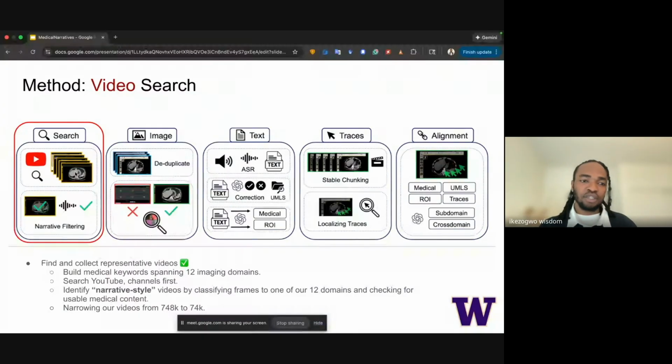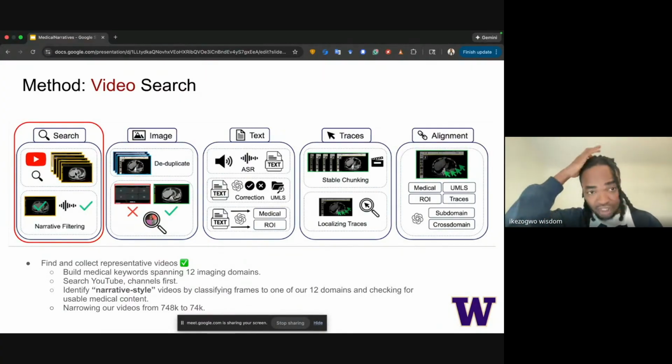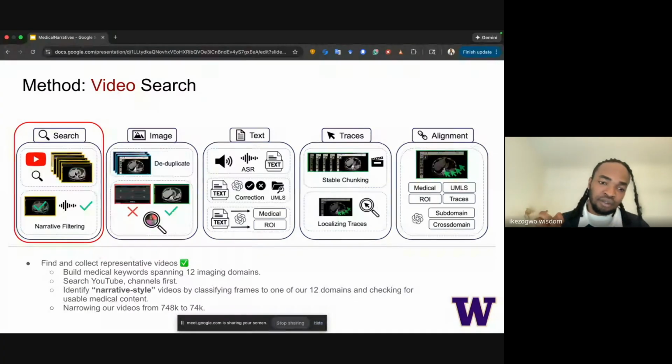And then we classify if a video is narrative depending on how much they dwell on the medical image content across the entire length of the video. This shrinks the number of videos curated greatly, from 748,000 to about 74,000 high quality narrative videos.